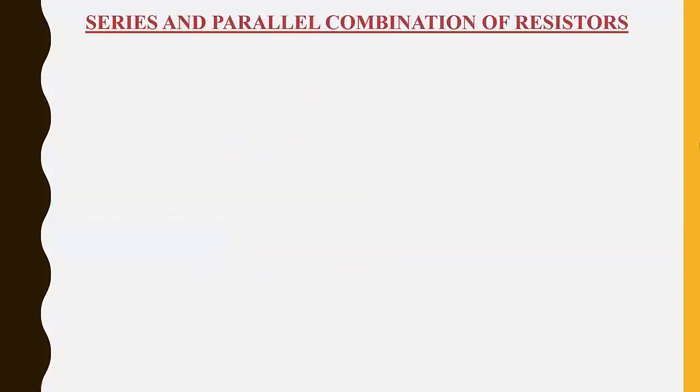Before going to study the series and parallel combination of resistors, first I am going to draw the resistor. This is the resistor. It is just like a speed breaker. You can observe on tar roads there are many road breakers or speed breakers to decrease the speed of the vehicle. Likewise, this is a resistor, and let us consider we have a particular resistor and it has a certain value like R.